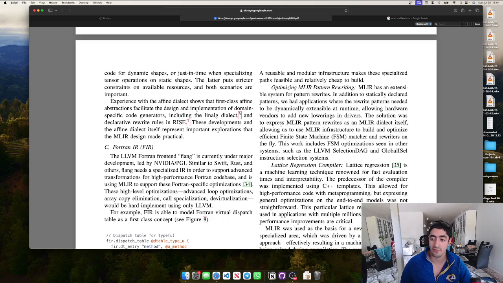The solution was to express MLIR pattern rewrites as an MLIR dialect itself, allowing us to use MLIR infrastructure to build and optimize efficient finite state machine matchers and rewriters on the fly. This work includes FSM, finite state machine, optimizations seen in other systems such as the LLVM selection DAG and global